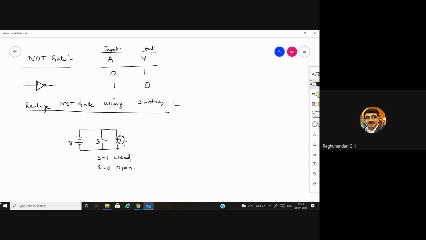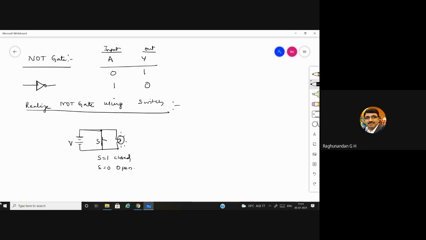The basic concept we are considering here is that current always takes the least resistance path. Suppose assume that the switch is closed now. For the current that comes at this point, is the switch path having the least resistance, or the bulb path?